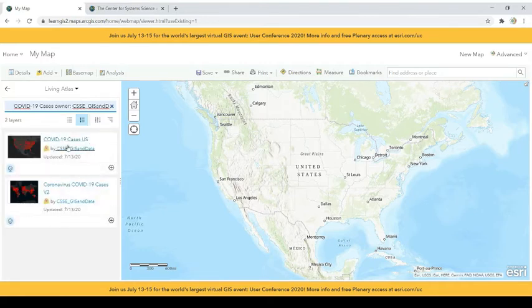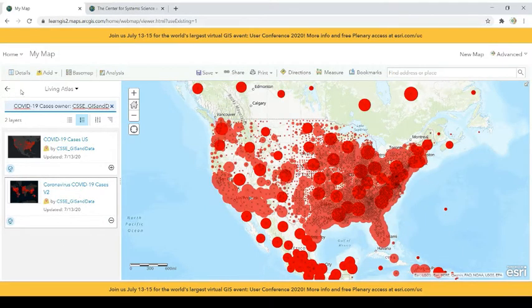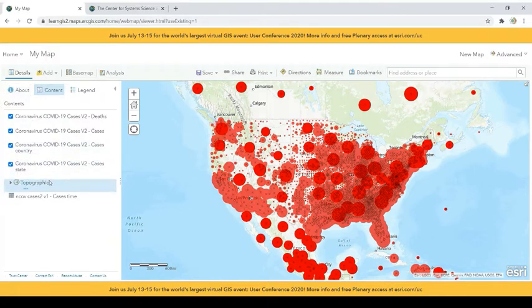There are two layers. One is old, and both were published on the same day, the 13th of July. We are using version 2. This button allows us to add the layer to our map. If we click on this, the layer has been added. So we can go back and now we see this web service contains 1, 2, 3, and 4